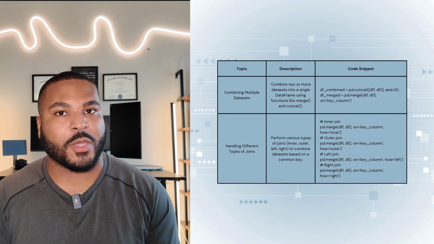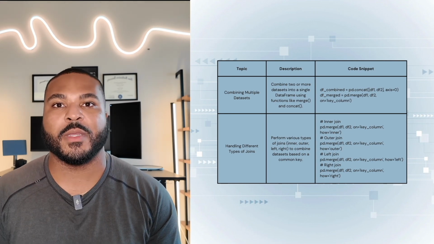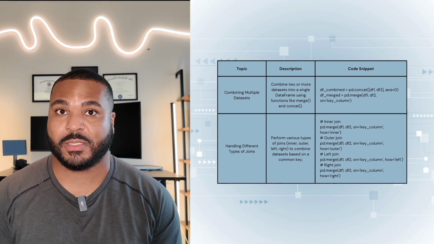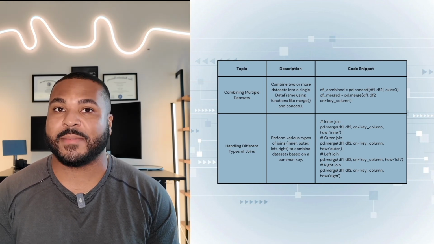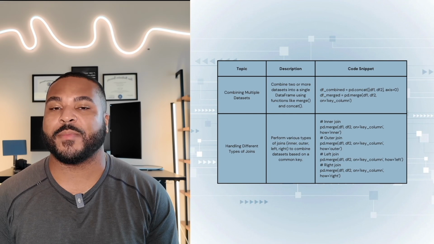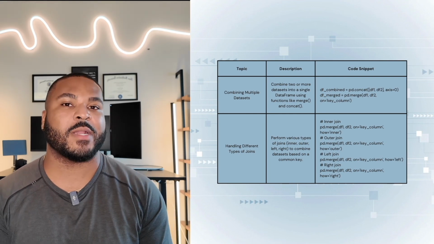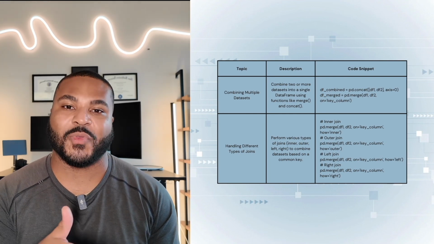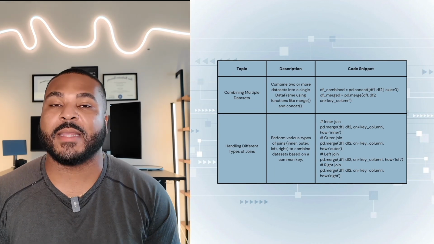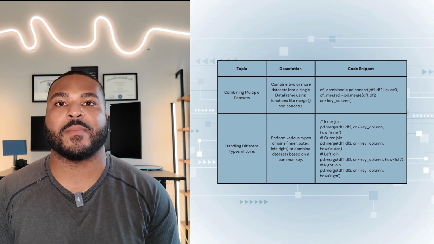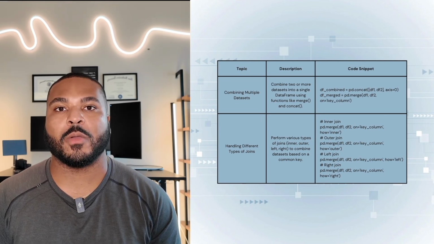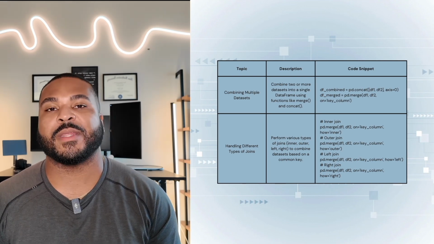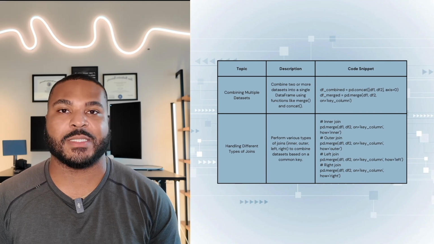So as you may know, if you've done SQL before, you could handle different types of joins. Joins are used to combine data sets based on common keys. There are several types of joins, each serving a different purpose. I'm gonna go through them. If you already know about SQL joins, you could skip through this. So the inner join returns only the rows with matching values in both data frames. An outer join returns all rows from both data frames with nulls where there is no matches, and the nulls